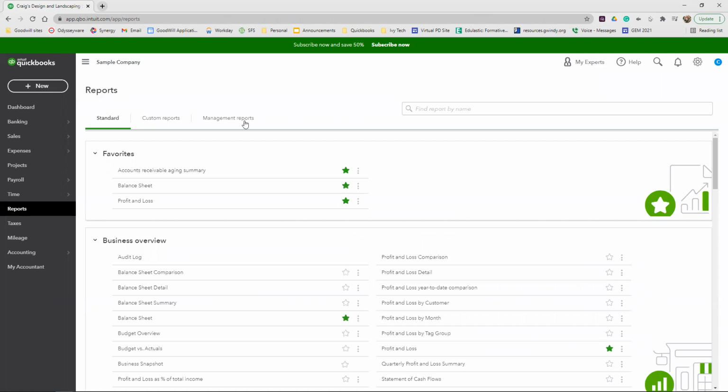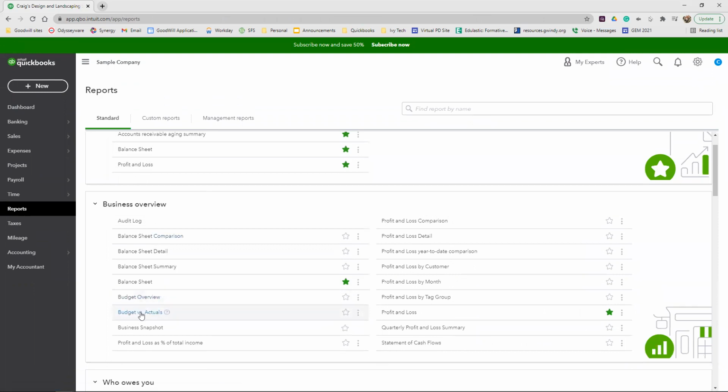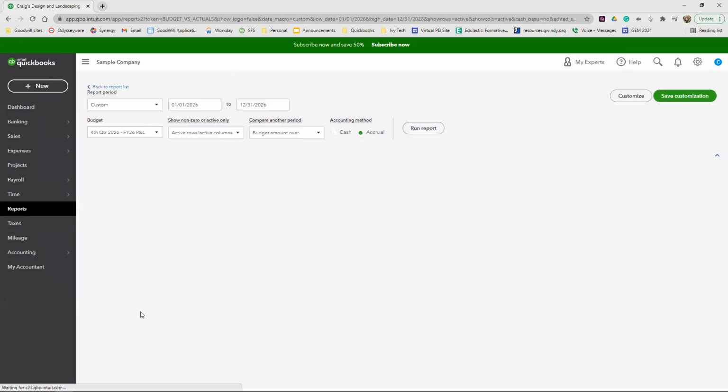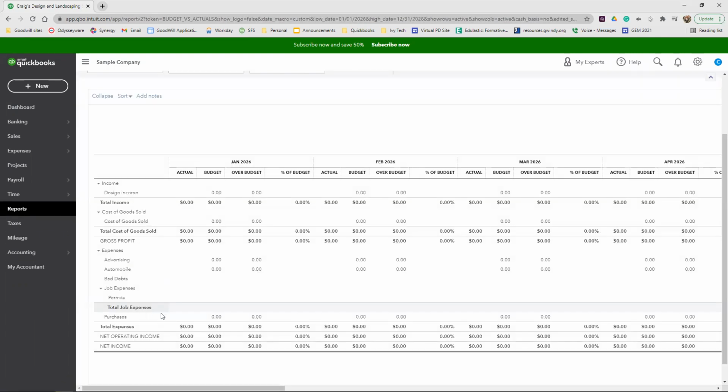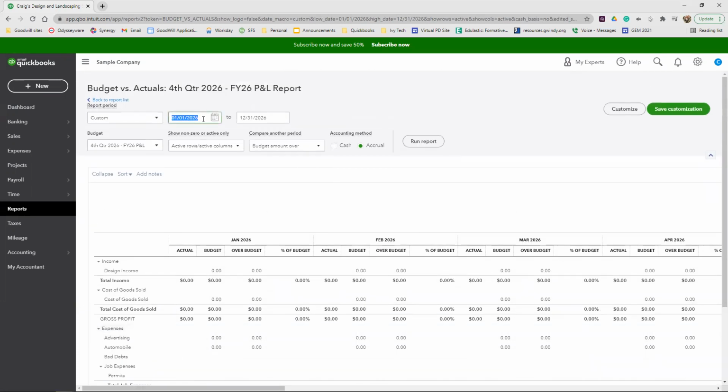And this time we're being asked to run the budget versus actual. So we can scroll down. I actually saw it right here. So we can just click on that there. Or again, you can type it in that search box. We want to set the date from